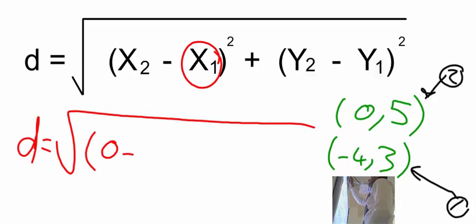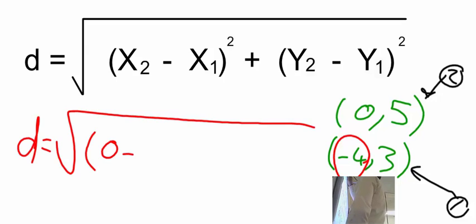Which one is x1? x1 is that. I have to write down minus 4 here. So there is a minus, but that came from the formula. Let's keep that, minus 4, close it, and don't forget the square,